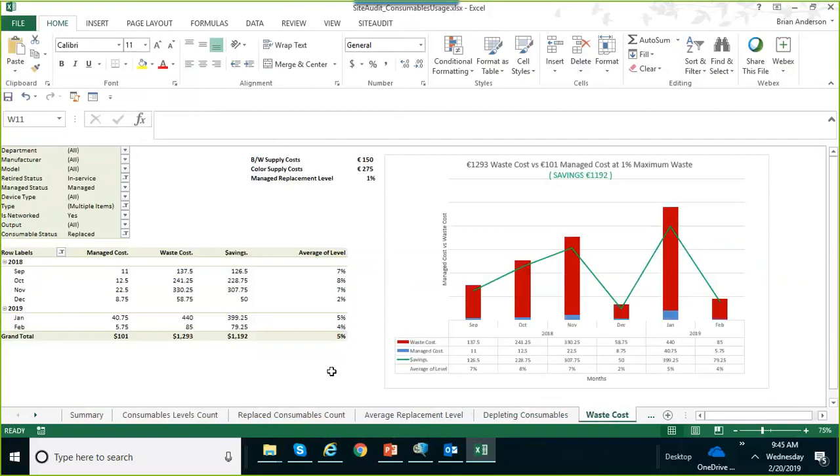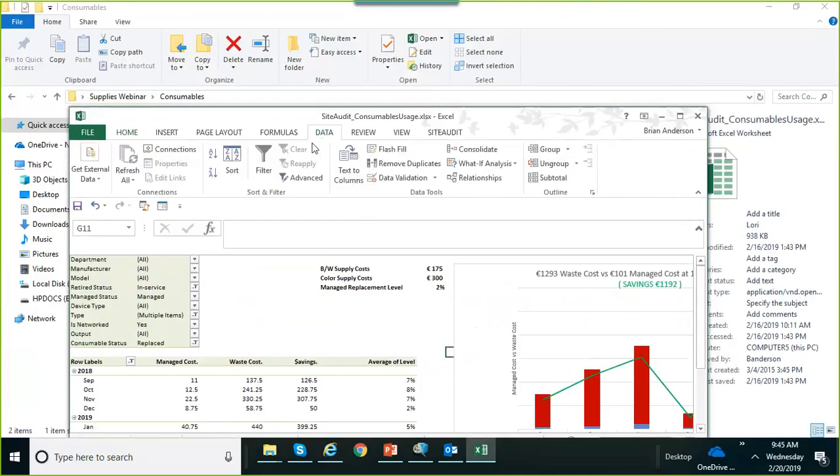Now if we go to supplies waste, here we see this chart, and it provides this average level here. It says 5%, and then I can add in what I think the average supplies costs are. So let's say that they're $175, and it's inexpensive. Say we're in France, and so I could say, well, currently it's at 5%, but we're really good at this. We're going to be down at 2%. So let me just refresh this data here, and then we can see